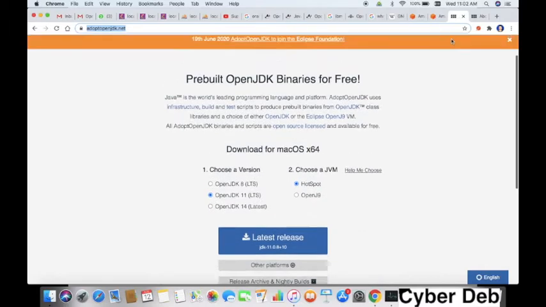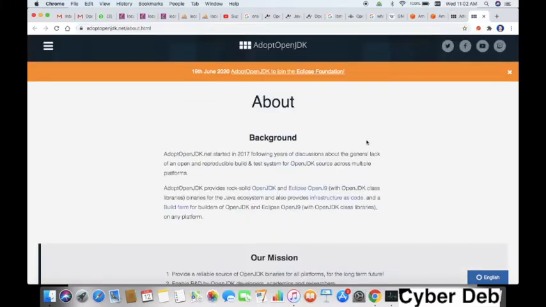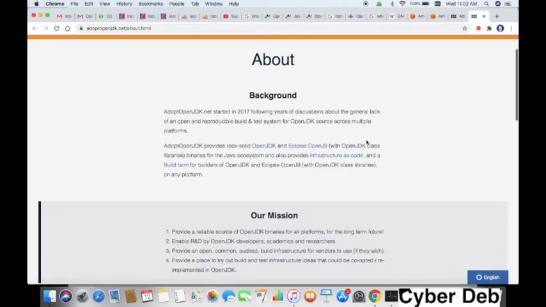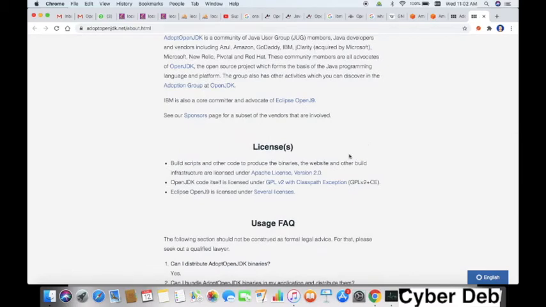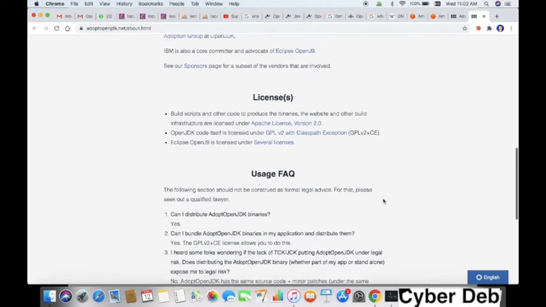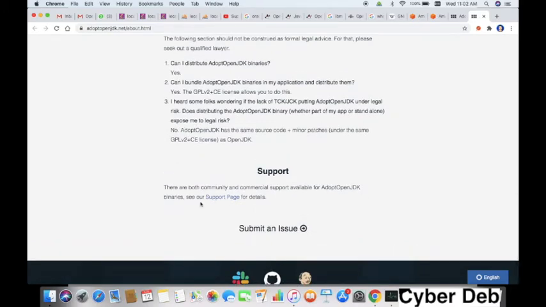This is the website, adoptopenjdk.net, and here is the about page of Adopt OpenJDK. Here you can see the license is GPL version 2 with a classpath exception, and here you can see the support is available for community as well as commercial support.